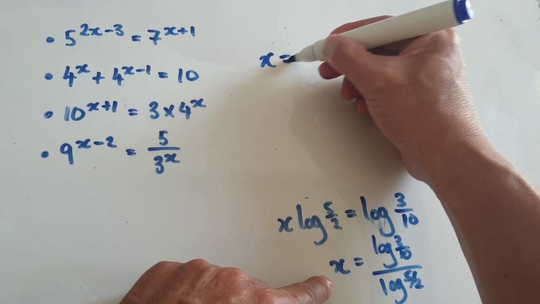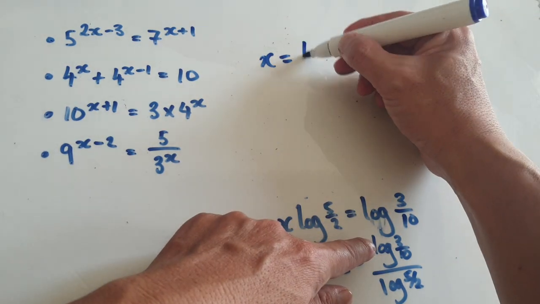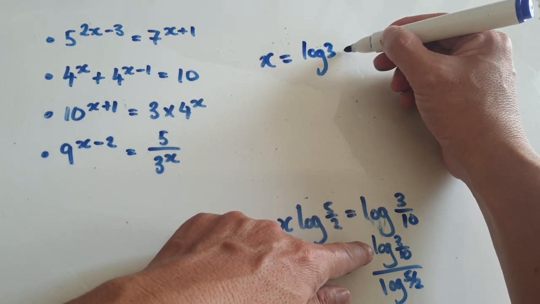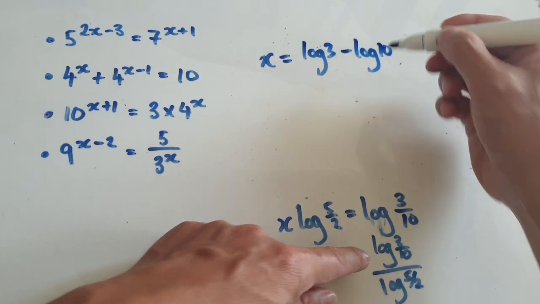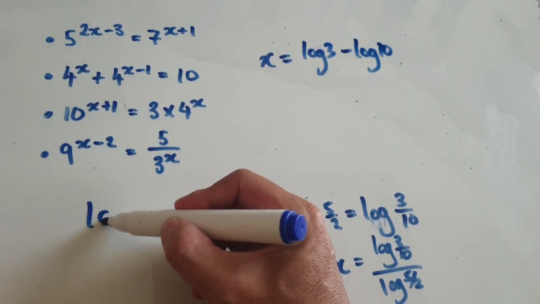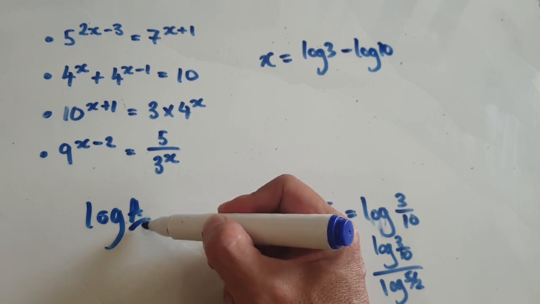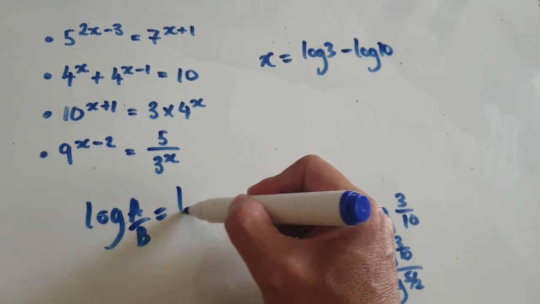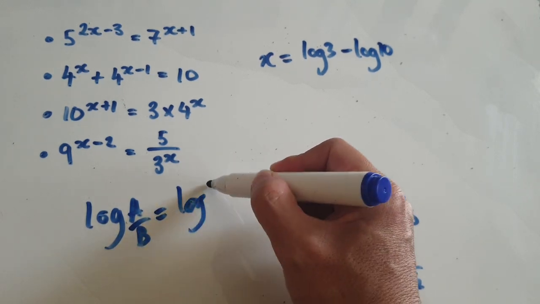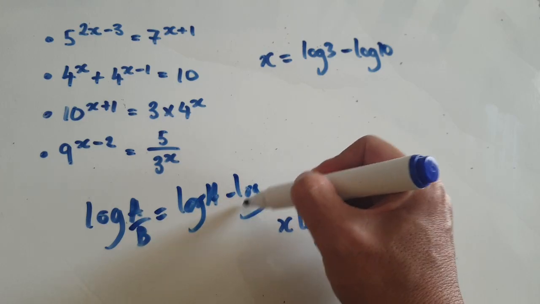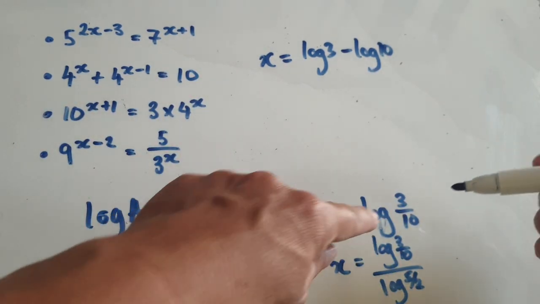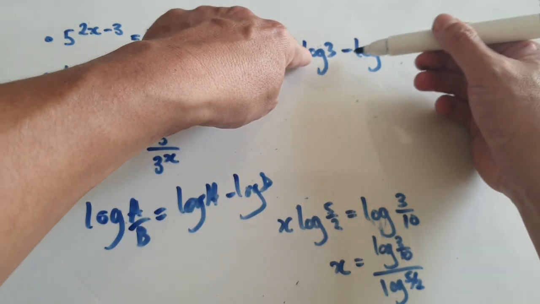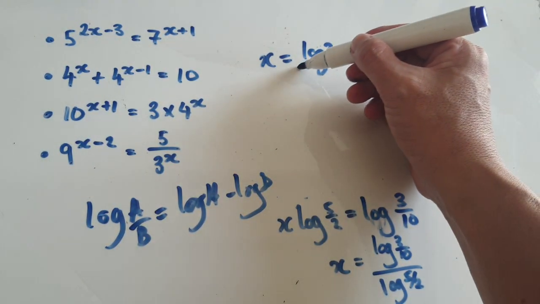So x equals, this thing here would be log 3 take away log 10. Remember, if you have log of one thing divided by another thing, that's the same as log of one thing take away log of the other thing. I'm expecting you to know this. So doing this, you can break it up as one thing take away another thing, divided by